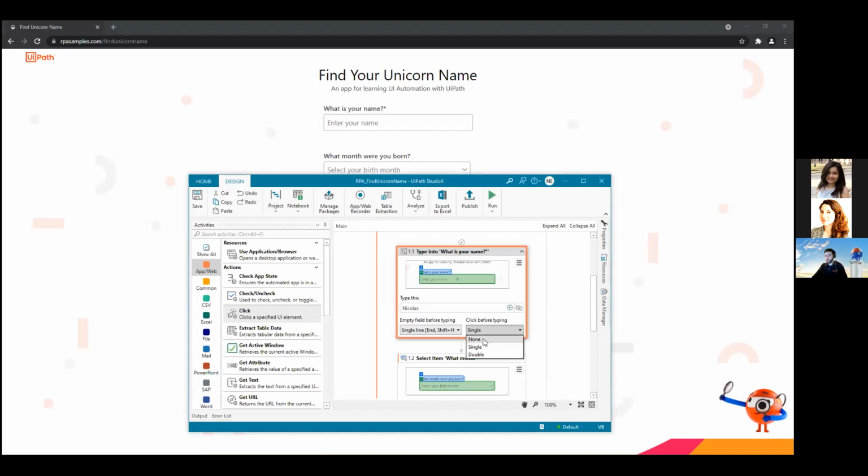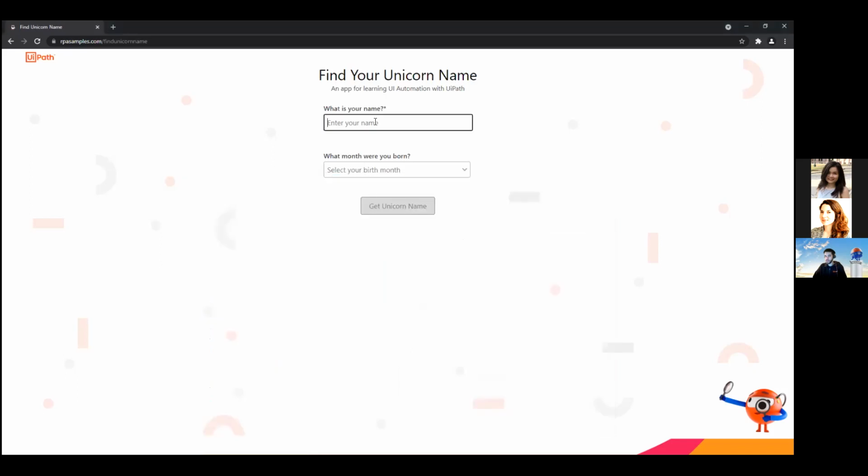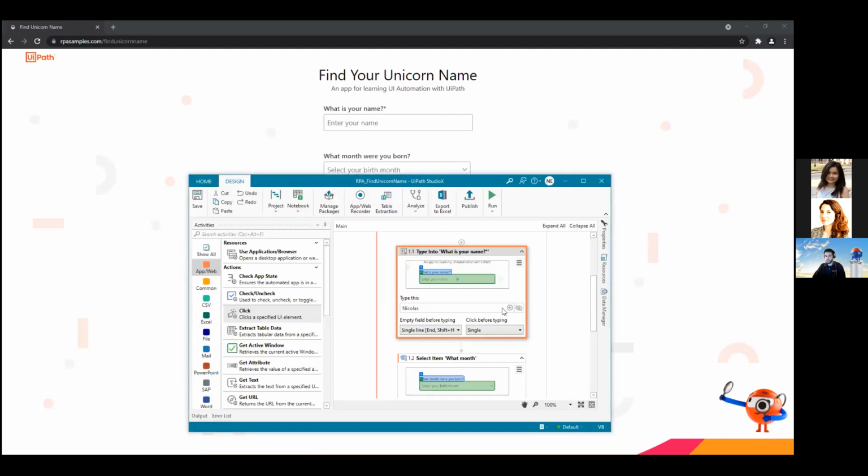And this is because some user interface elements, some text boxes, don't let you write anything before you actually are in that text box. So if you don't click, it doesn't let you type anything there. That's why most of the time, or by default, we have the single click. Okay, sometimes you can just put none and there won't be a problem, but you are safe with just doing a single click. Okay,